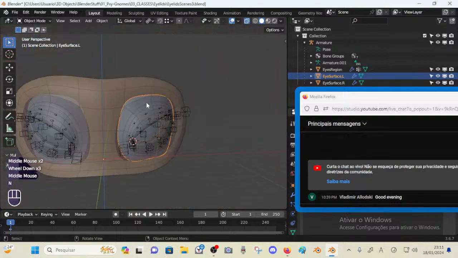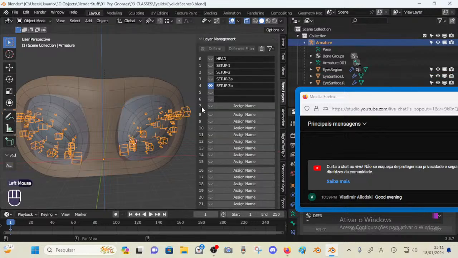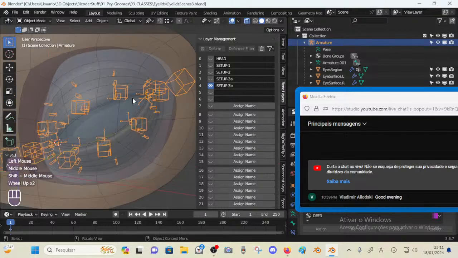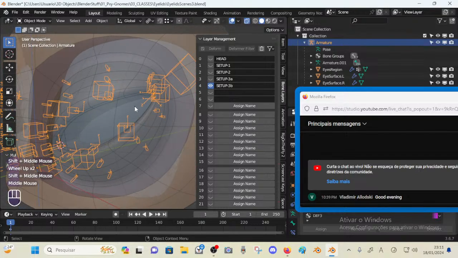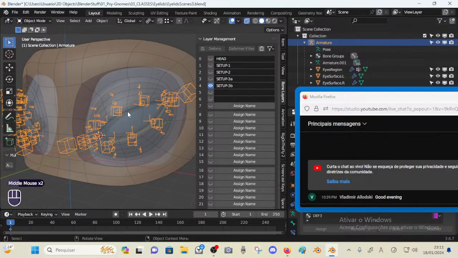But we've made 4 setups with that, and yeah, I'll have to organize all this stuff. It might be pretty boring to watch this organization, so I think I'm not going to